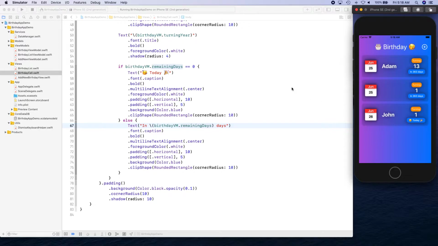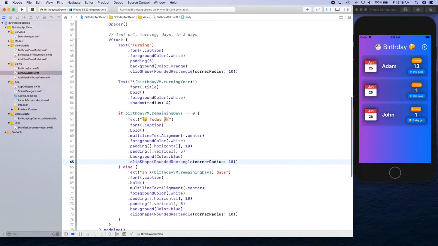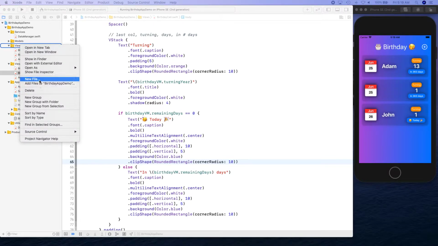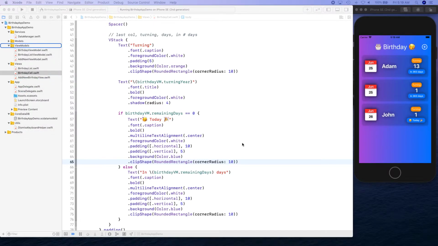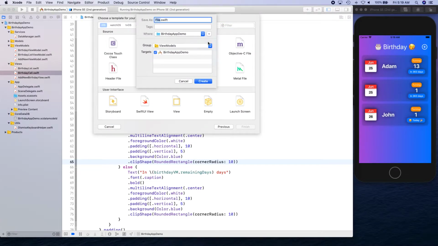Okay, all right, on to our update view, update birthdays. So let's go ahead and create a birthday update view model first. The model is going to be update birthday view model,